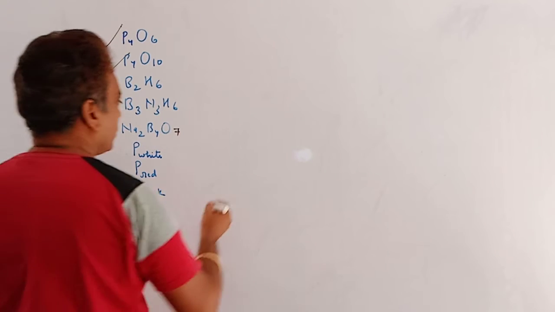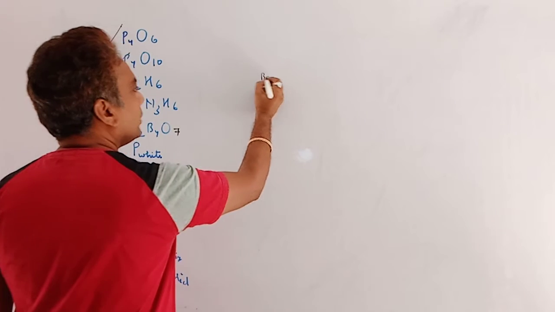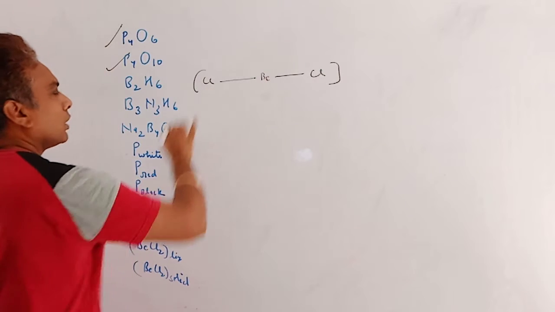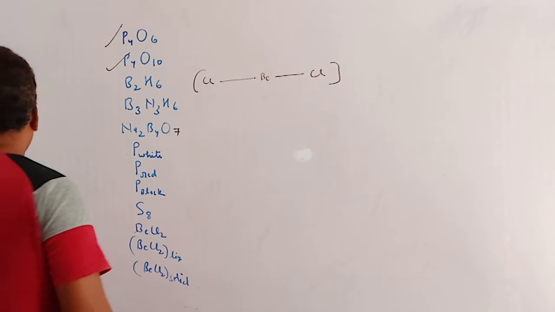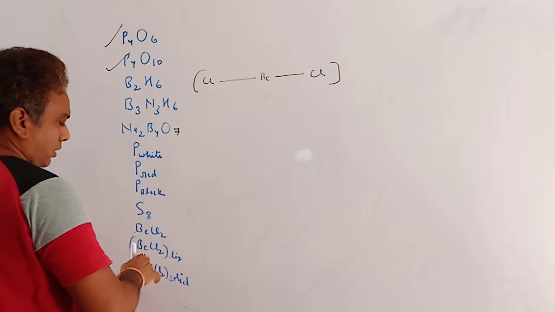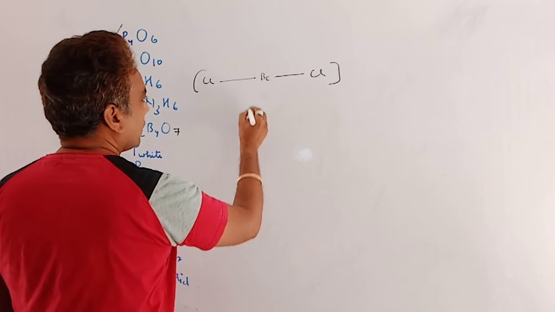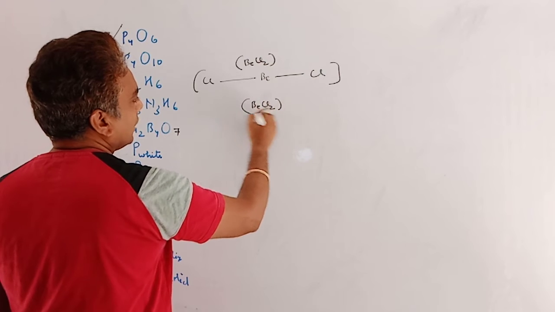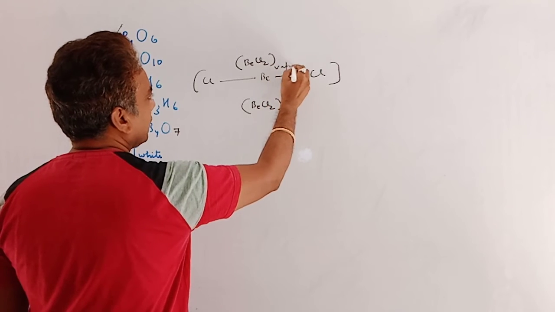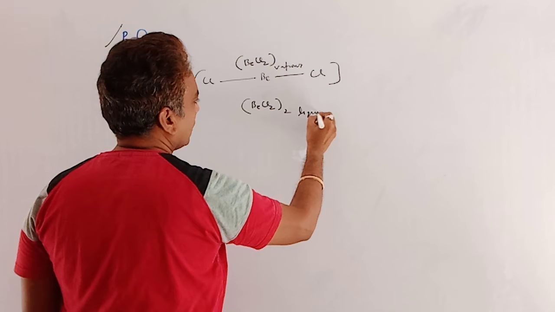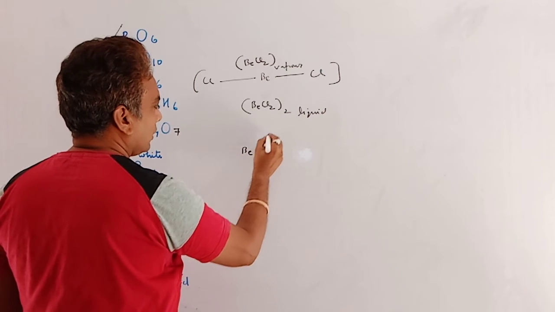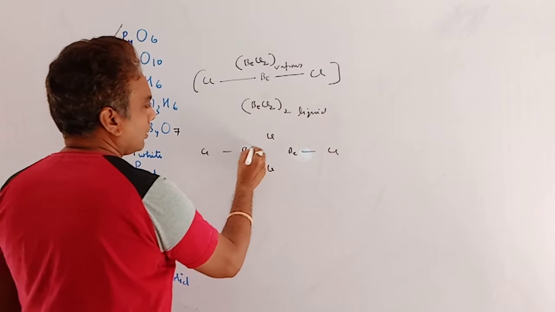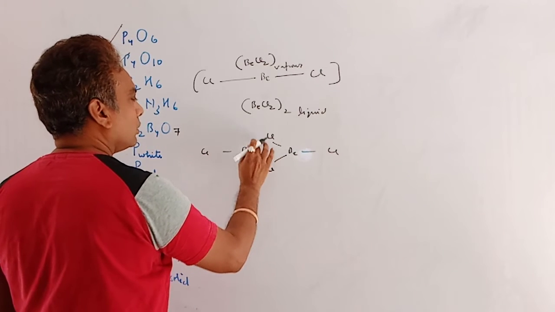Now BeCl2, simply BeCl2. Be contains 2 electrons in the outer shell and 2 chlorines are associated with it like this, an electron deficient molecule, BeCl2 in vapor form. In liquid form we have a dimer unit. Here is the simple BeCl2 molecule, but in liquid form it is BeCl2 whole twice. This is the vapor, this is the liquid, like BeClClBe, but this is the bridge bond.